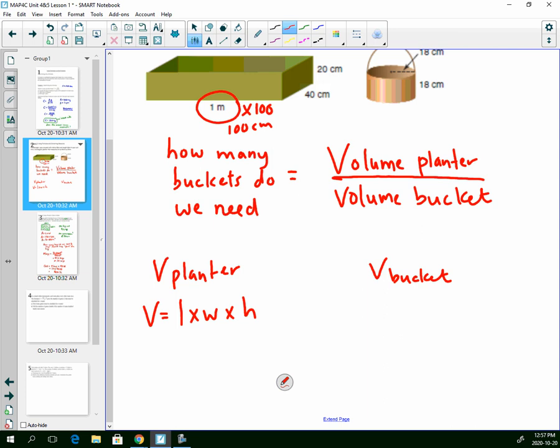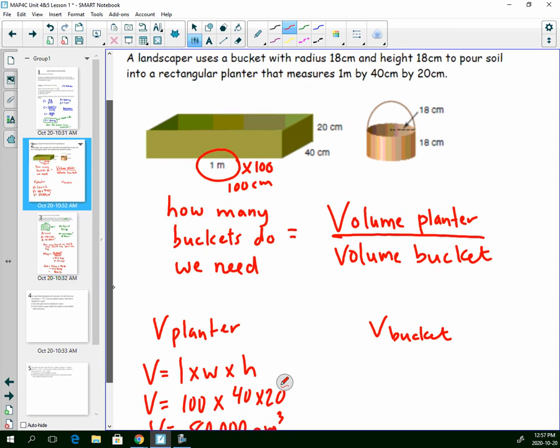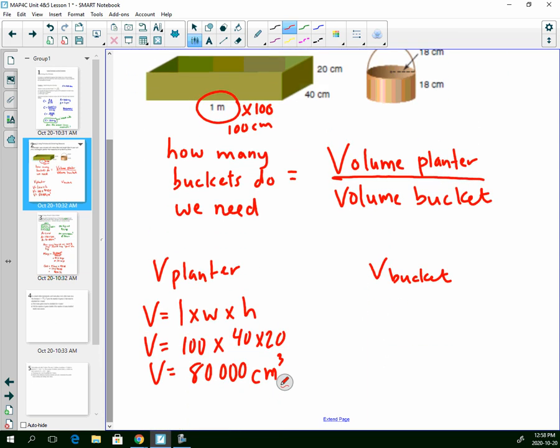Okay, so I need to have all units the same. And then I'm going to multiply length times width times height. So get out the calculator. And we get 80,000 centimeters cubed, right? Power 3, because we're multiplying centimeter by centimeter by centimeter. Okay, the bucket is a cylinder, right? So